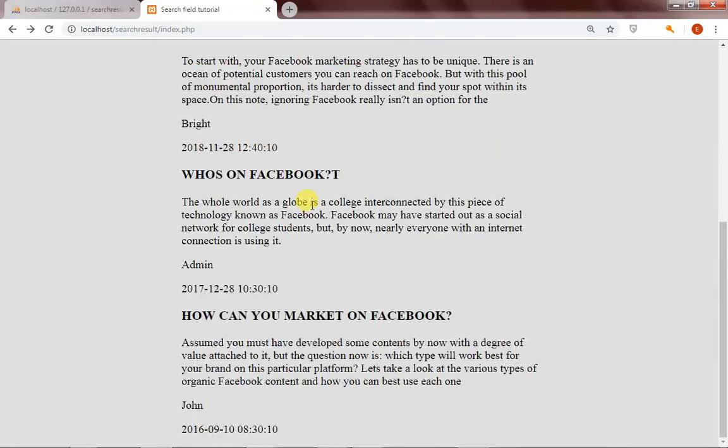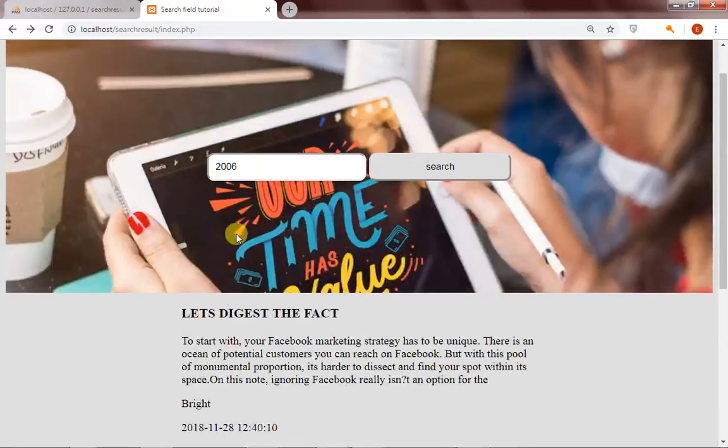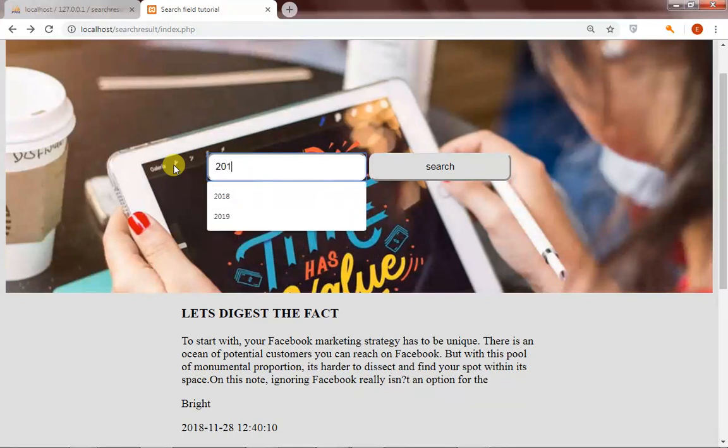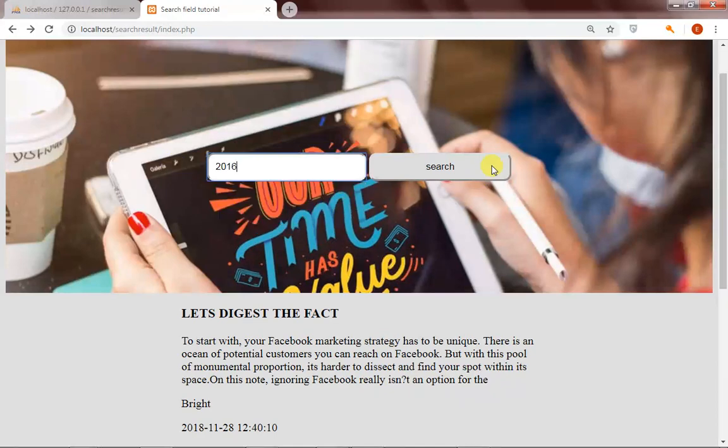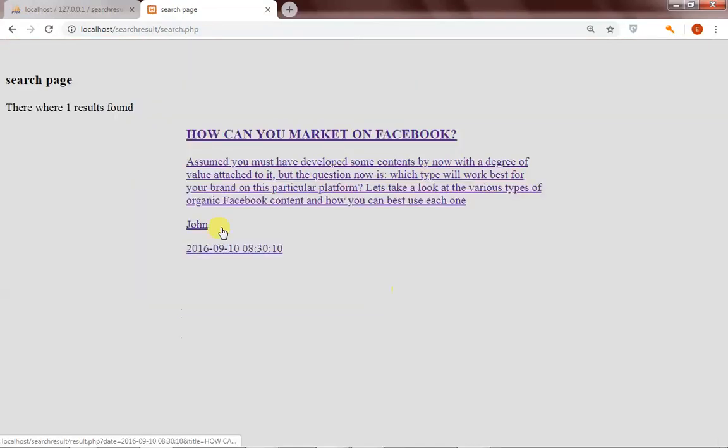I think we're having an error here. We have 2016, so there was no result found. Cool. So it's supposed to be 2016. Sorry, 2016. Then search. So as you can see, we have an article written in 2016, and there was 1 result